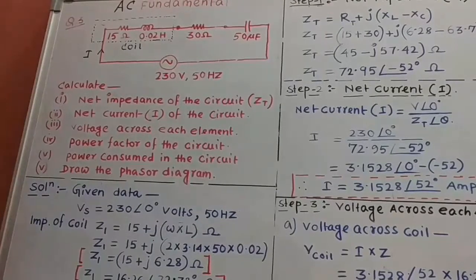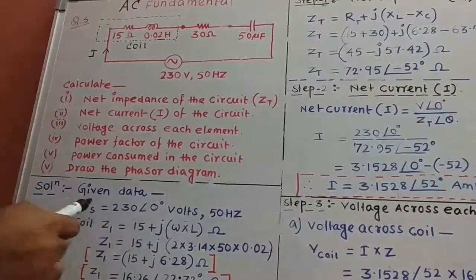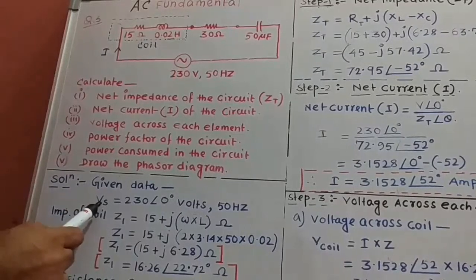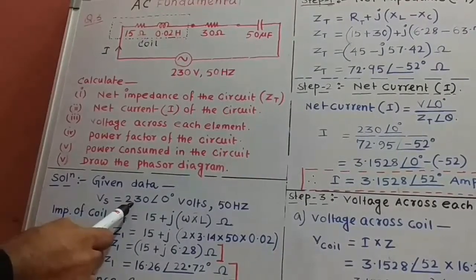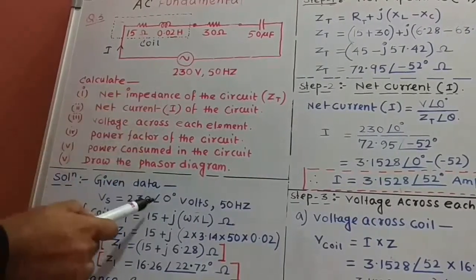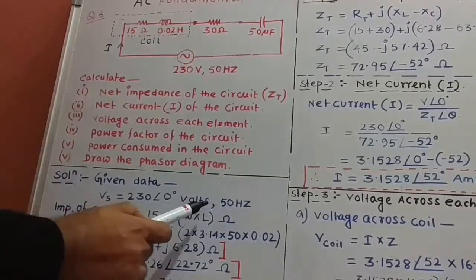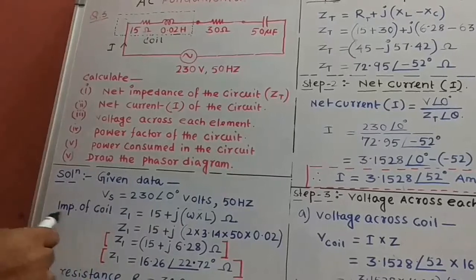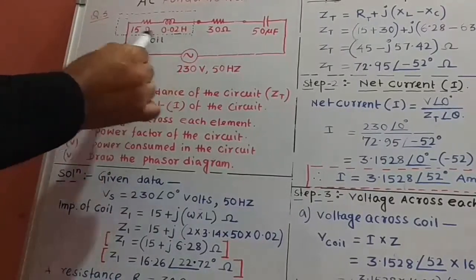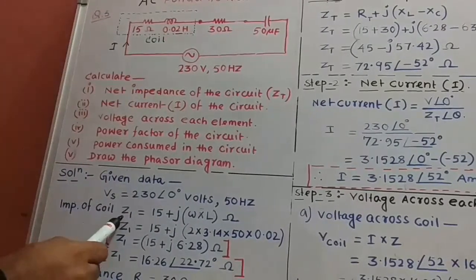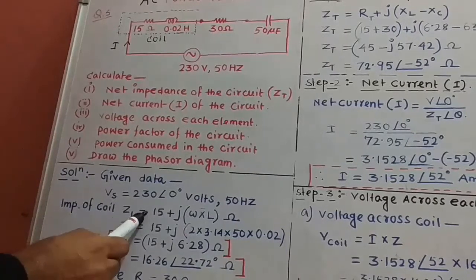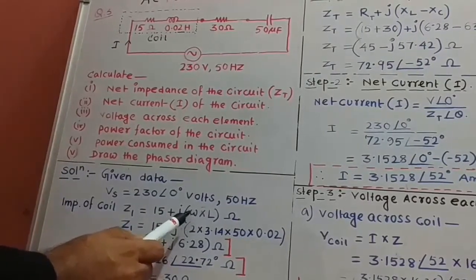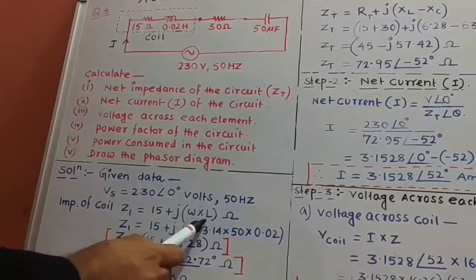So first of all, given data. What are the given data? That is Vs, source voltage, is given 230 volt angle 0 degree and 50 Hertz. Now impedance of the coil, so this is your coil part. So impedance I have assumed it is Z1, so it is 15 plus j XL. XL means omega into L,